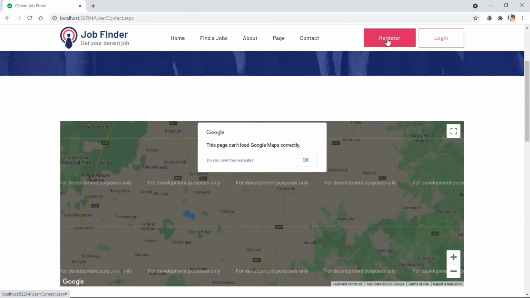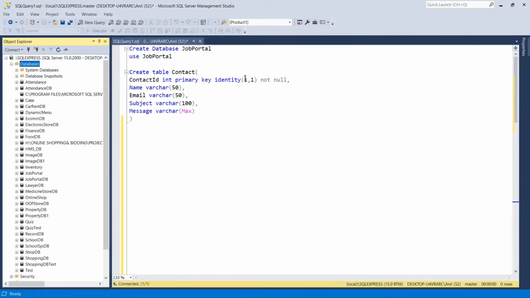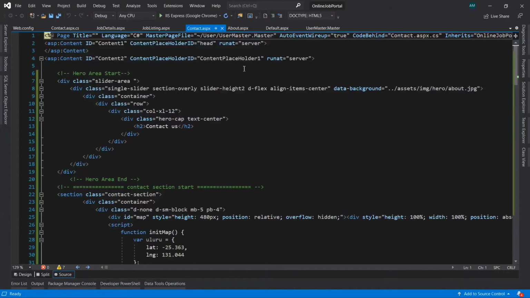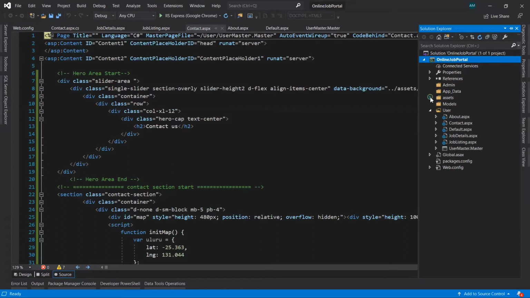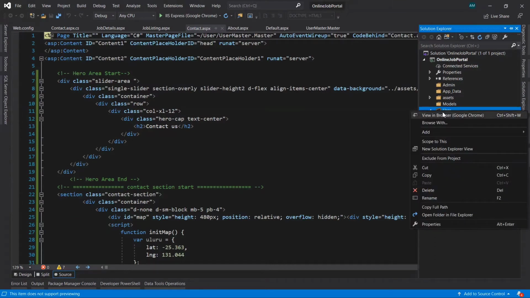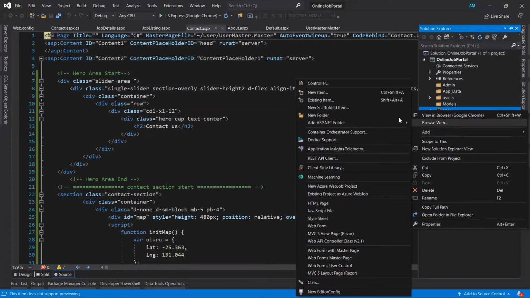For that we need to create a page for the register. Stop it, close it, go to Solution Explorer, right click on user, add, select web form with master page.